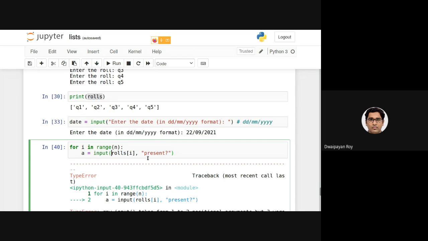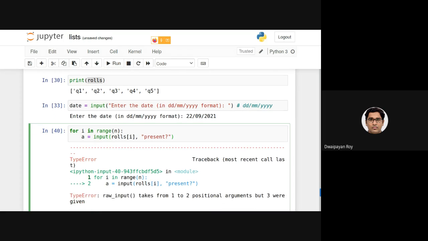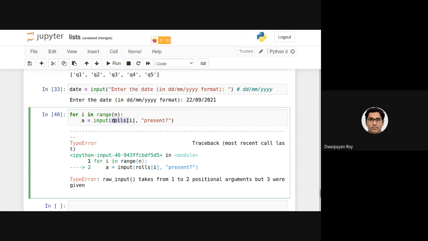We actually have discussed this. So here the problem is that the input function is considering two string parameters as input, but input takes one string. That's exactly the problem. So we need to make this a single string. Can someone say how to do that using the string formatting that we have discussed?